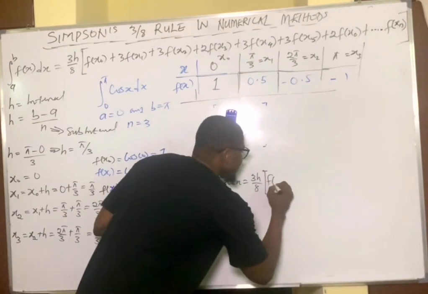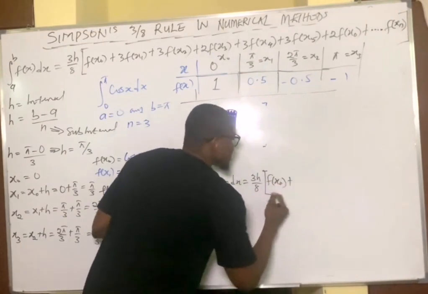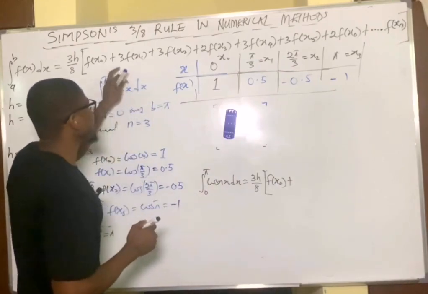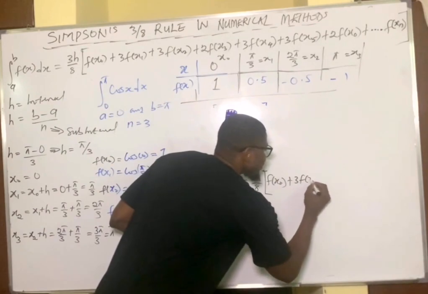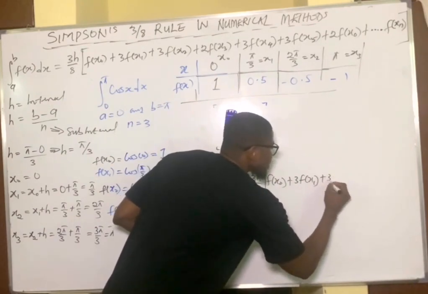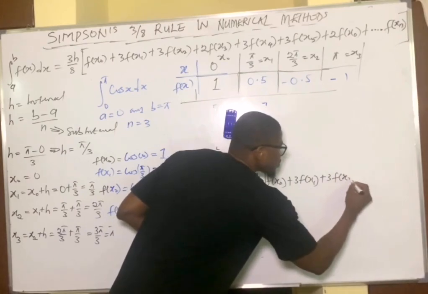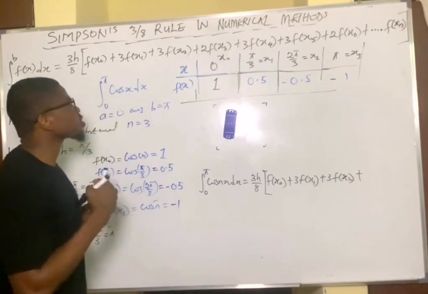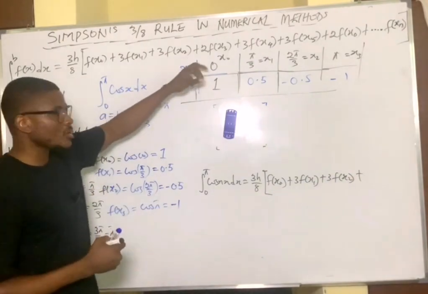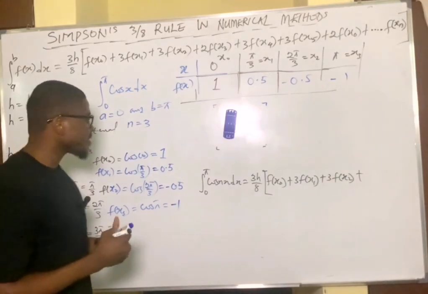So I have f of x0 plus the next two functions, I will multiply them by 3. So I will have 3f of x1 plus 3f of x2, okay, plus the next function is supposed to be multiplied by 2, but because my function